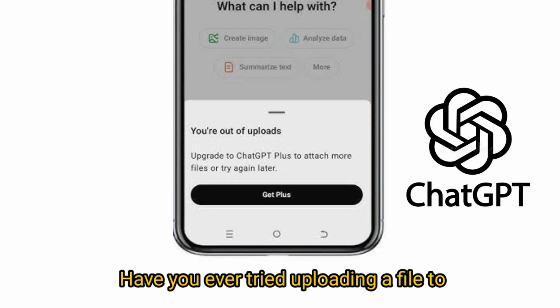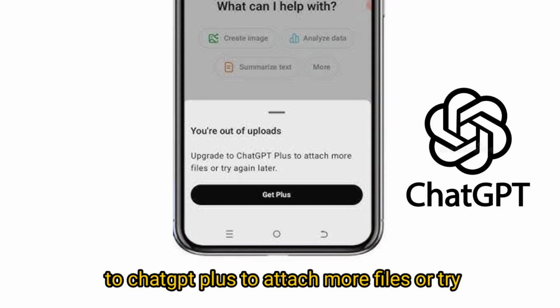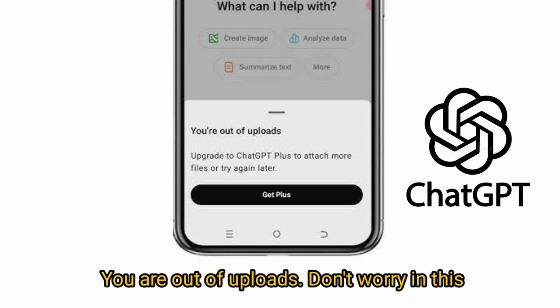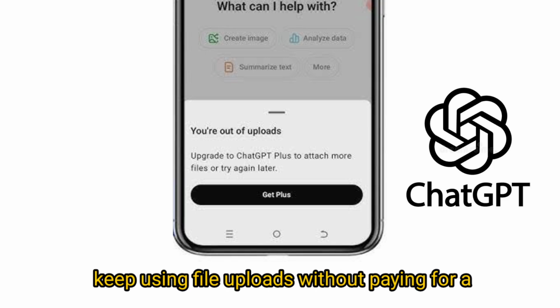Have you ever tried uploading a file to ChatGPT and suddenly got the message, "Upgrade to ChatGPT Plus to attach more files or try again later? You are out of uploads." Don't worry, in this video I'll show you how to fix this issue and keep using file uploads without paying